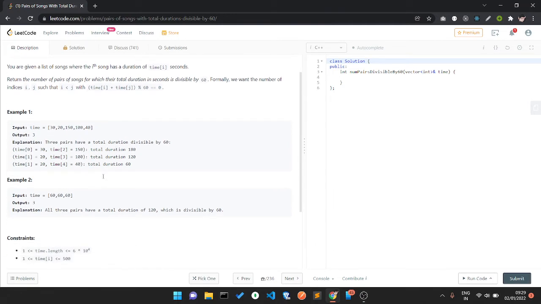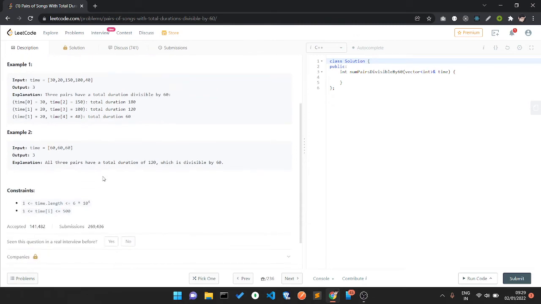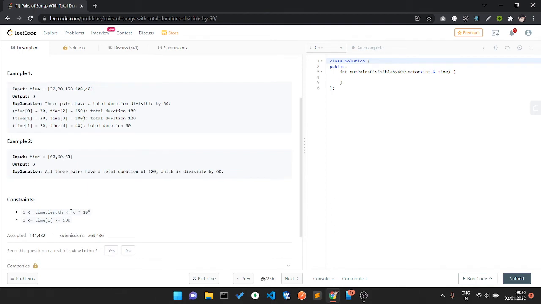But there is a catch. The time[i] is at most 500, which means we can use an optimal way. Time[i] is from 1 to 500, so it's a lesser value and we can take constant space. We don't need a map. If you want to use a map, you can, no matter.